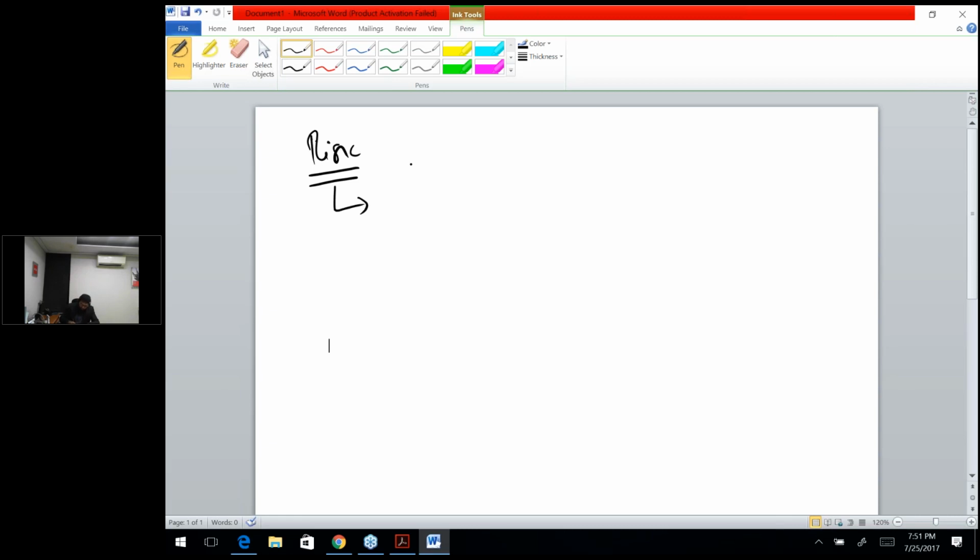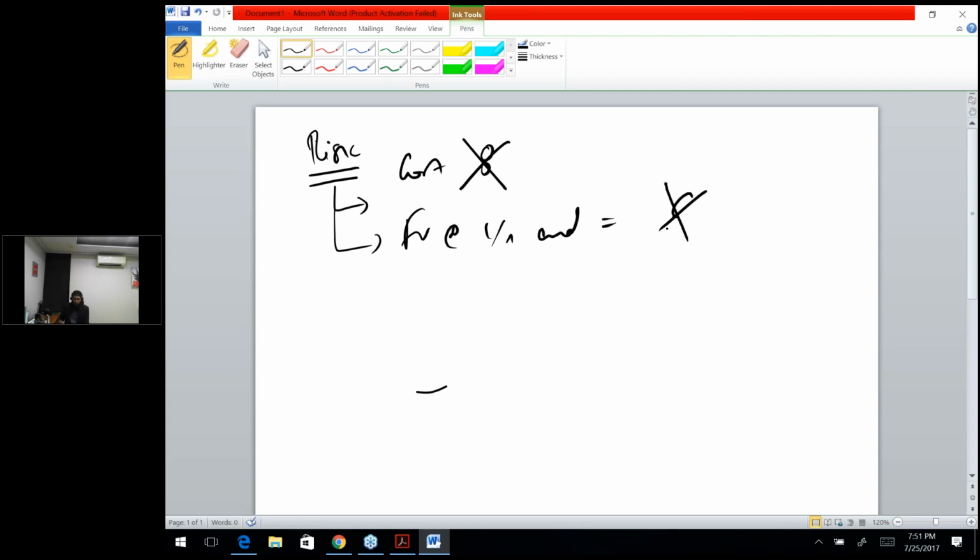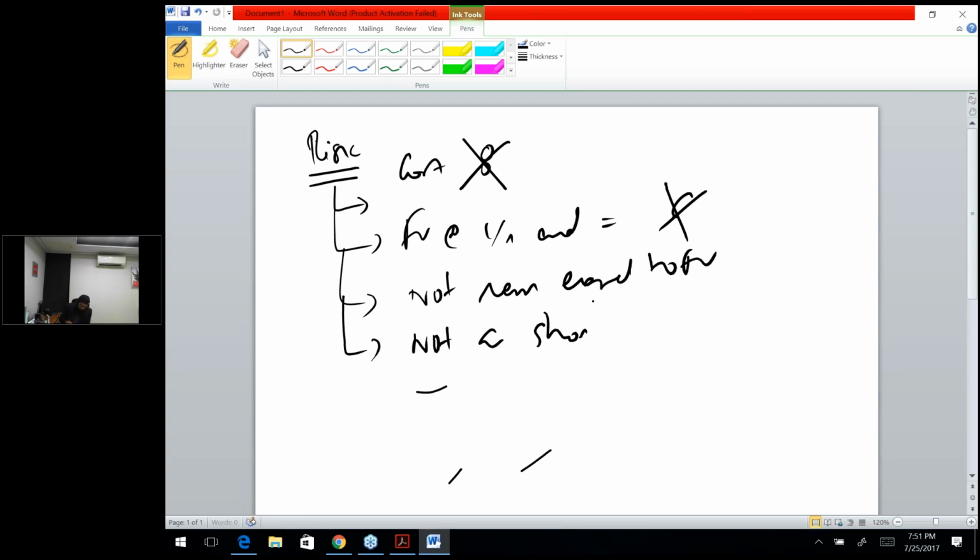I'm thinking that the cost was not 8 million. They are claiming it, but it may be incorrect, that the cost was not 8 million. That's one of the risks. At the same time, the fair value at year end is not 6 million. The third one is they have not remeasured to fair value at year end. The fourth one is it's not a short-term investment. These could be the various risks that I have identified.